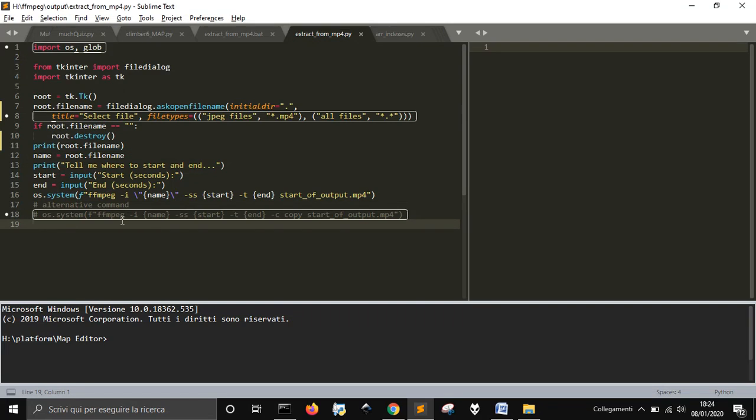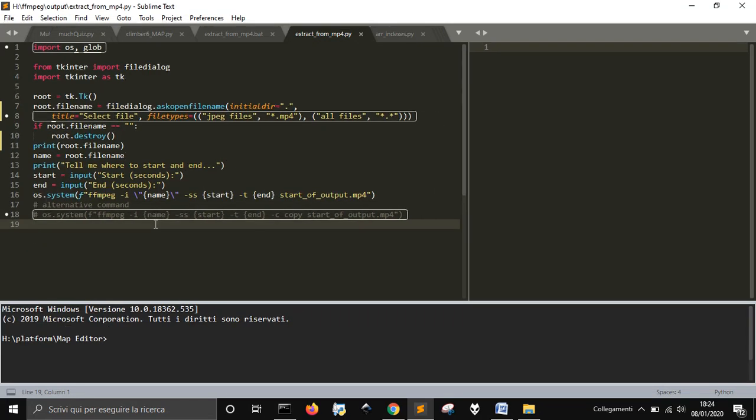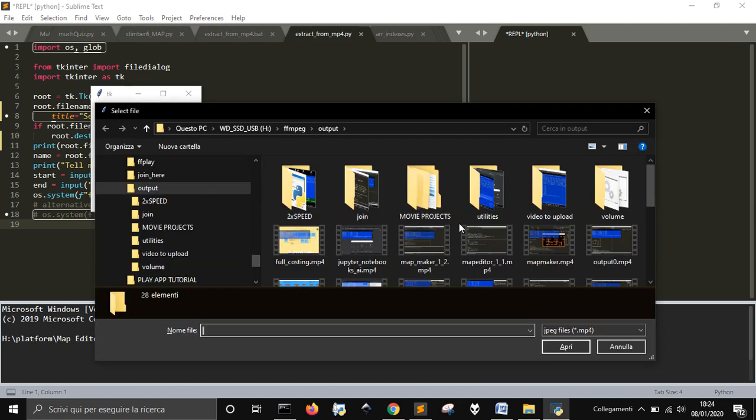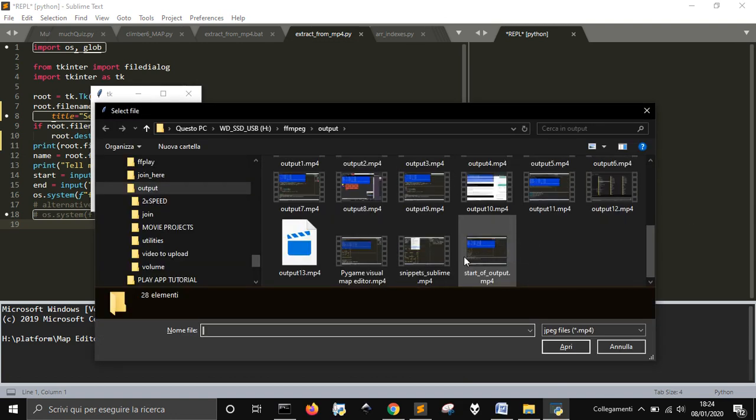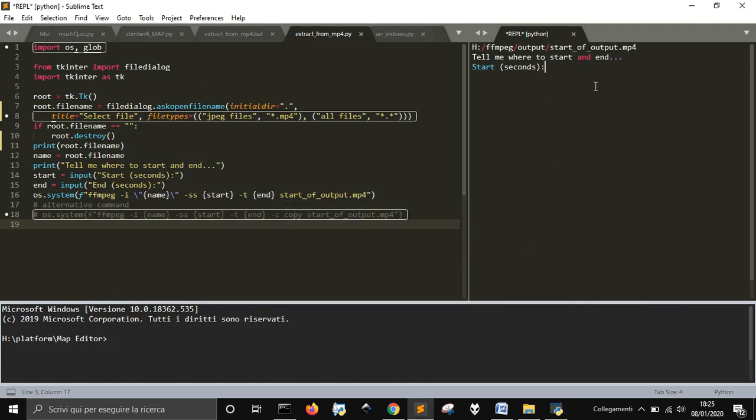So let's see how this little code works to bring some seconds from a video that you could have made. Let's see how it works. It will start asking you to take an mp4 as input, and then asks you to start from 0 seconds, for example, to 5 seconds, and you